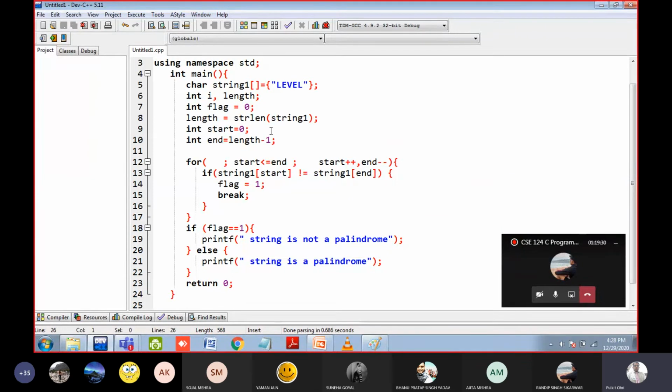So just check out the program and read the program and tell me what is the function of the flag variable. I have not told you only about the flag variable. The rest of the code I have explained to you. Just read the code. Do not type the code. Read the code, and if you have understood it, then just tell me.